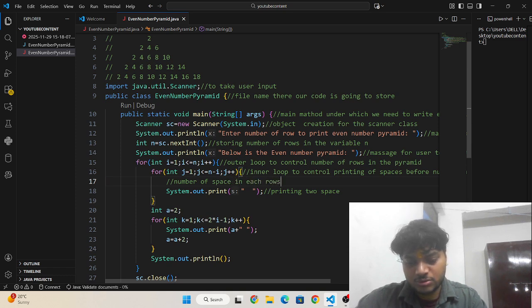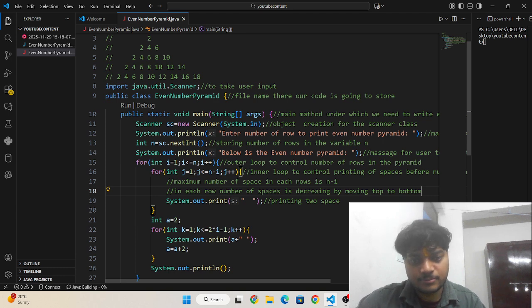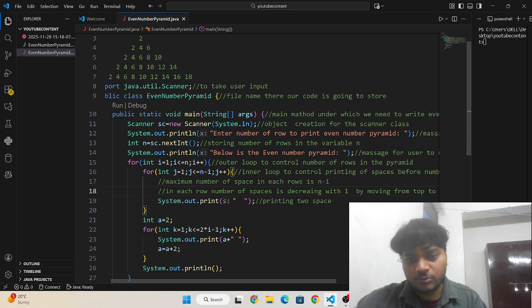The maximum number of spaces in each row is n minus i, and in each row the number of spaces is decreasing by 1 while moving from top to bottom.